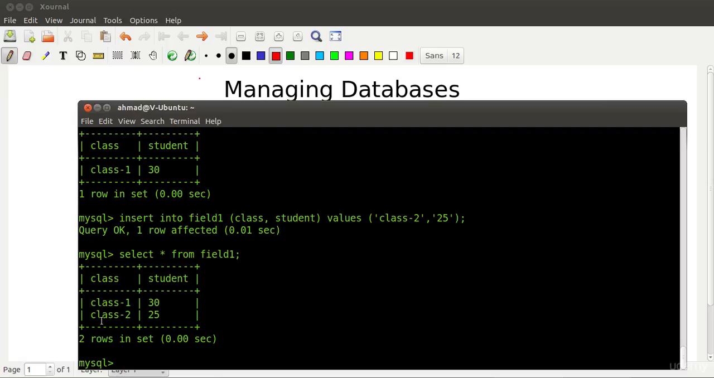Now supposedly I mistakenly put this number 25 over here. So let's try to change this one, and let's try to update this one to a different value that we wanted to have. So let's say instead of 25 I wanted to type 35, but by typographical mistake I put in 25. So let's see how we can change this value. The way to do that is the update command, update